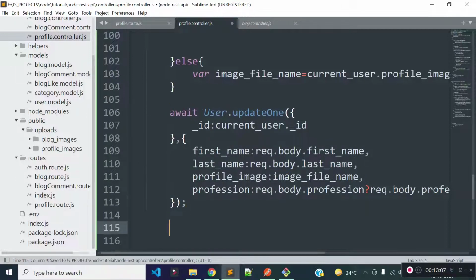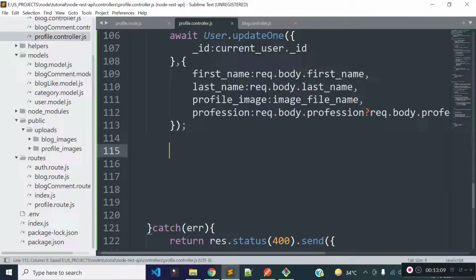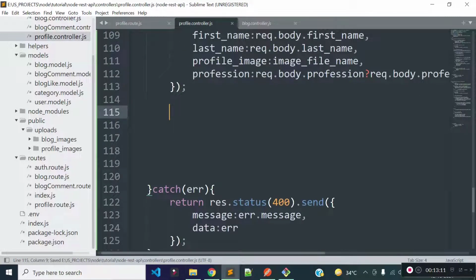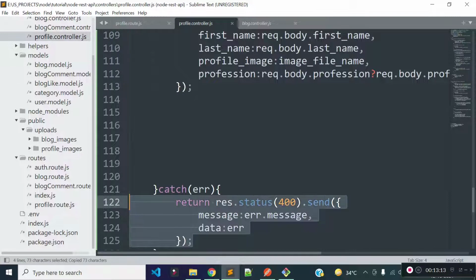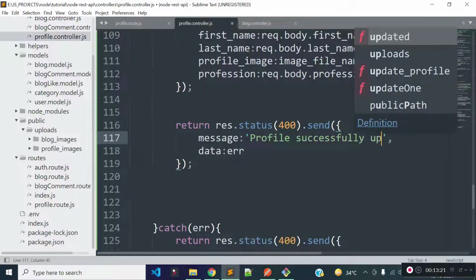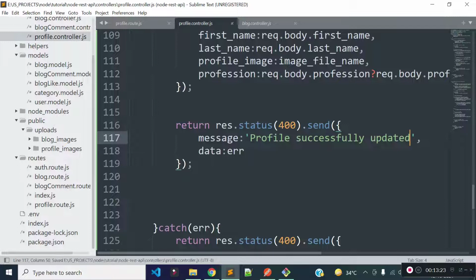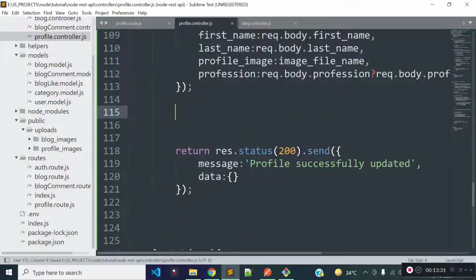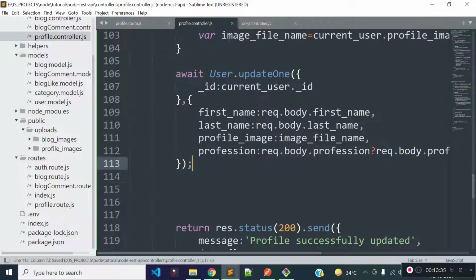After updating the user's profile, I will return a JSON response with the message "profile successfully updated", and this data will be blank for now, and the status code will be 200.